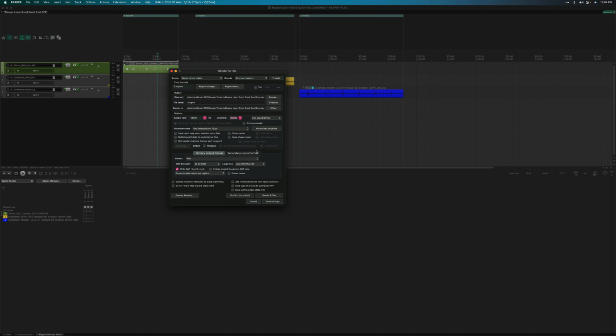We won't go into sync interpolation or anything like that. But then you can choose your output format. So you can choose WAV and a whole bunch of others. And what's nice is you can choose a secondary output format as well. So for example, you can set it up so that you're exporting audio and a video. So maybe you want to export audio so that it is